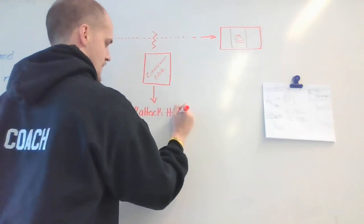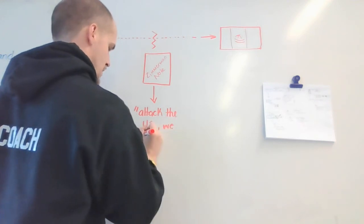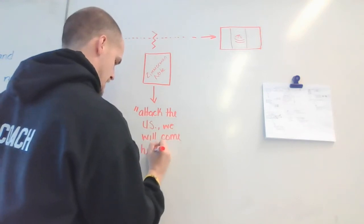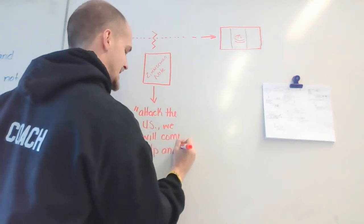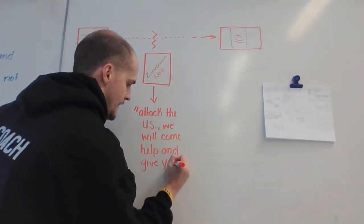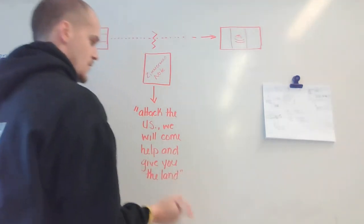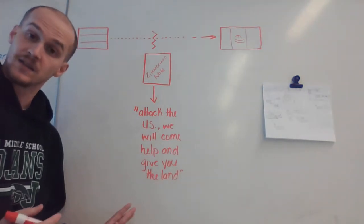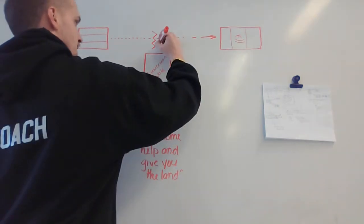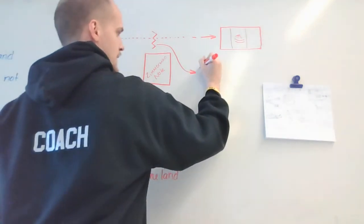attack the U.S. We will come help. And give you the land. Right, wrong, good, bad, fair, not. This is a great deal for Mexico. Problem is, it's intercepted. And it's intercepted by, instead of going to Mexico, it goes to